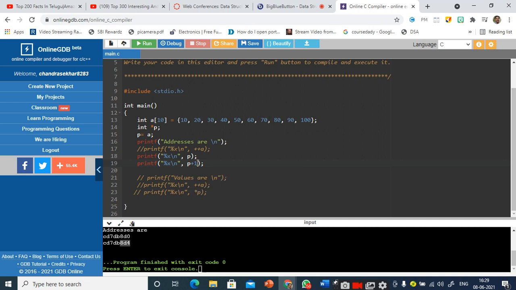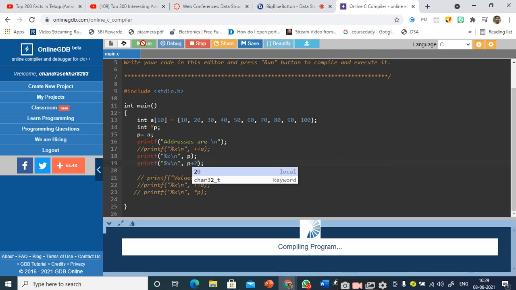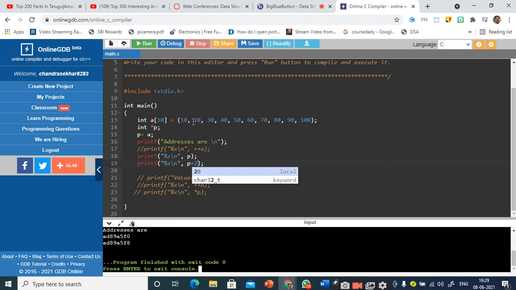Now let us take p plus 2. What is the value it is going to print? Third location. Right, so it is 8D0 and it will be 8D8. Now what is the value of p plus 5?